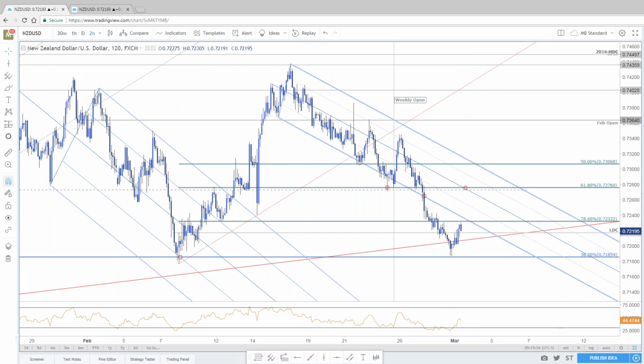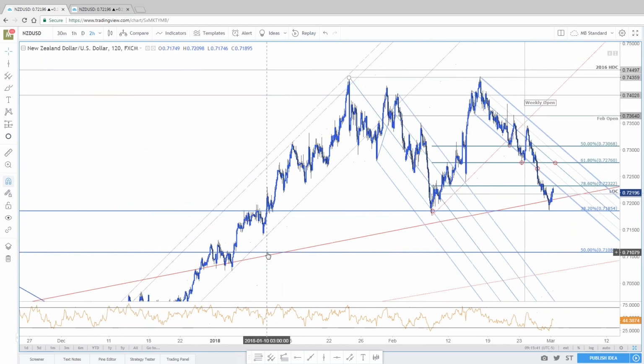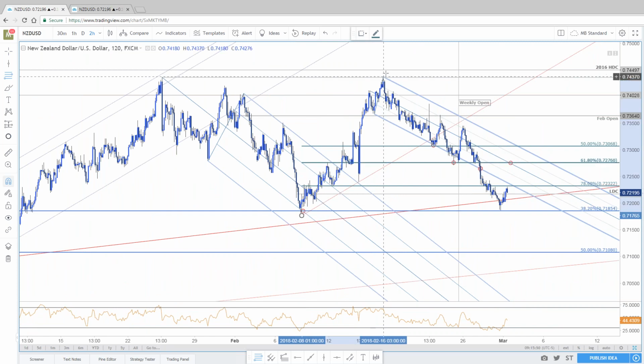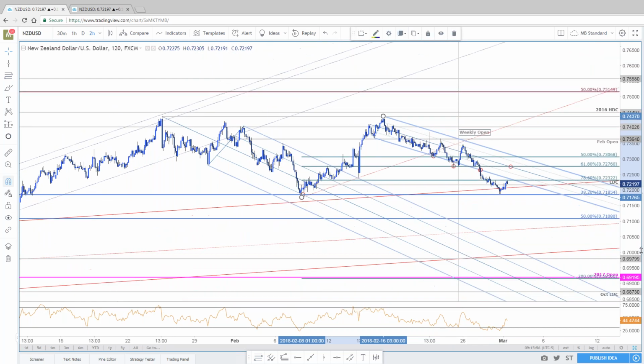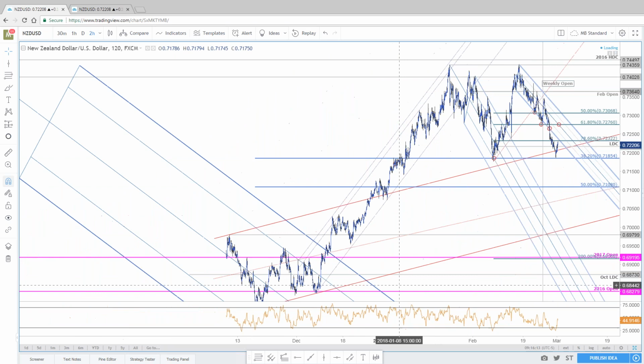A break lower from here, I don't have any scalp targets until 71, basically. And that's the 50% retrace. Also, one thing to keep in mind is if this is a downside break, this is one of the cleaner double top patterns that you've seen. And if we do see that break, a measured move of that double top, okay? One top, two top, break of the lows, a measured move of the run gives you a target down here at 69.20. Now that happens to coincide almost perfectly with the 2017 yearly open.